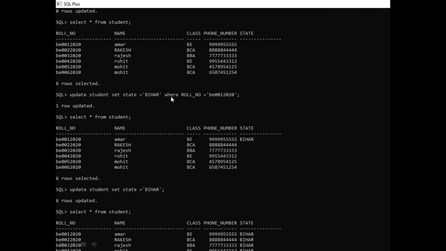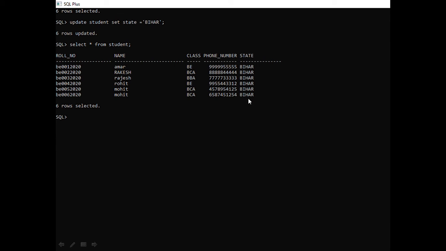Here you can see I have added where roll number equal to this, so it will check the roll number, then it will add his state as Bihar. But in this I have not given any condition, I just wrote update student set state equal to Bihar, so state equal to Bihar will be added for all students. Now you can see Bihar. After executing select asterisk from student, the state equal to Bihar for all students, 6 rows selected.